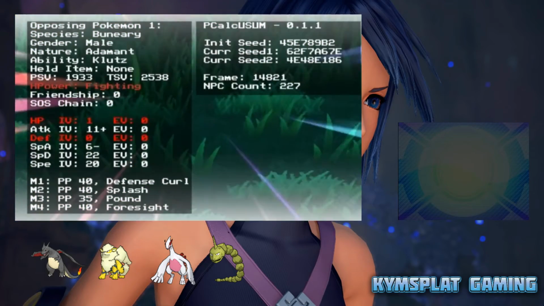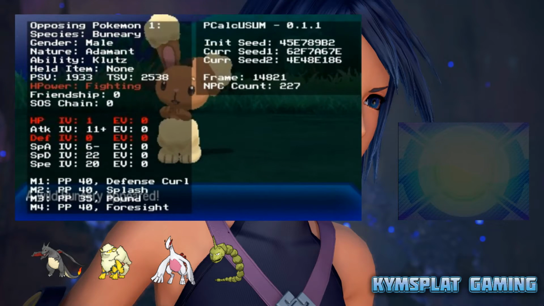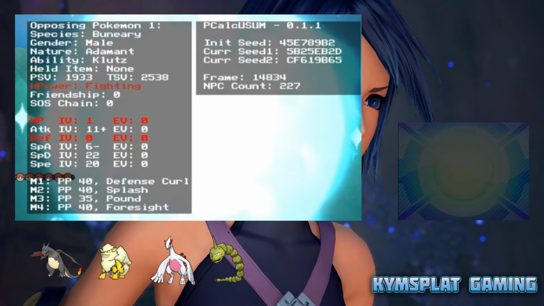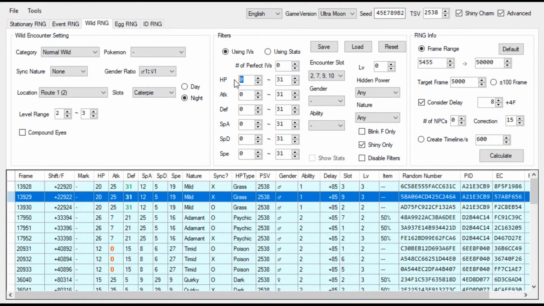Right, so it wasn't as shiny this time, but that's not a problem. So what I'm going to do now is pause it here so we can take down the IVs and see where we landed at. I'll just go back to 3DS RNG. We have 1, 11, 0, 6, 22, 20. And we landed on 13929, which was